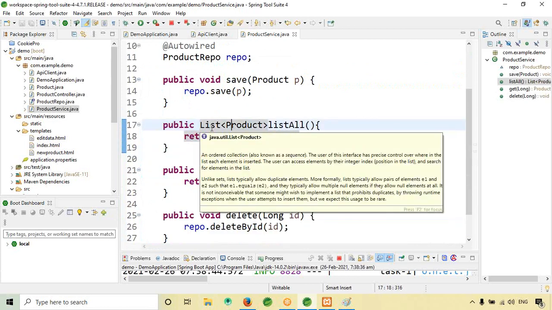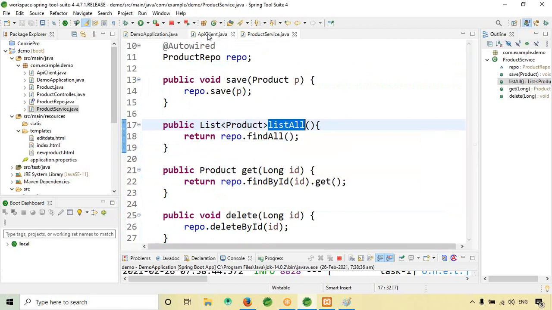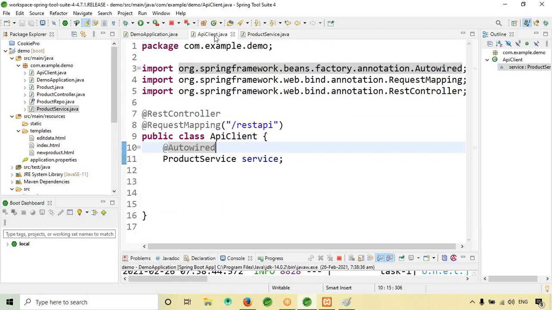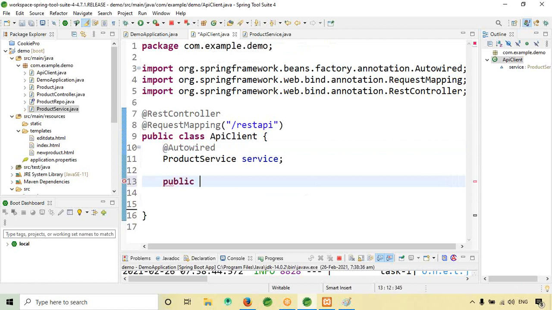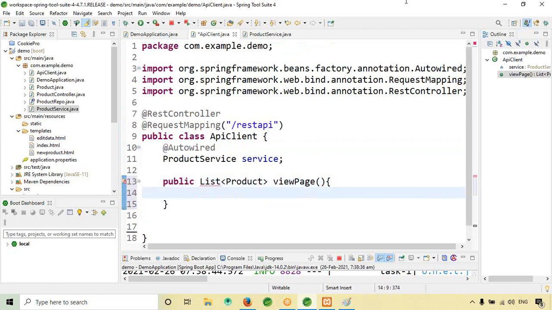Data is coming in the form of a list, right? So from the API client also, I will create a method. This one I will call the list method only. So for that, public List<Product> viewPage.